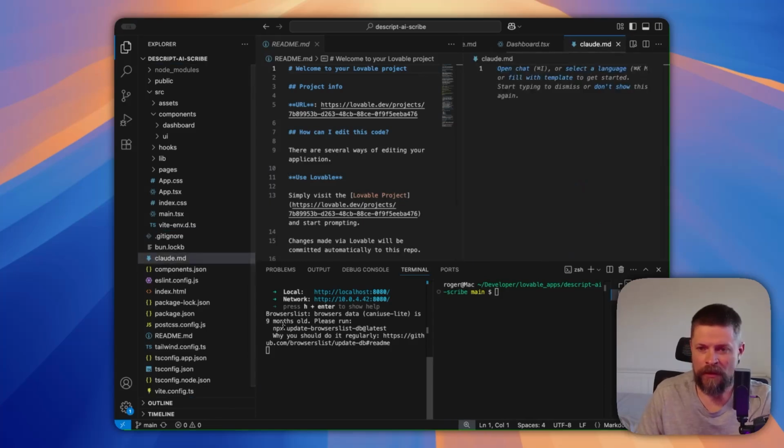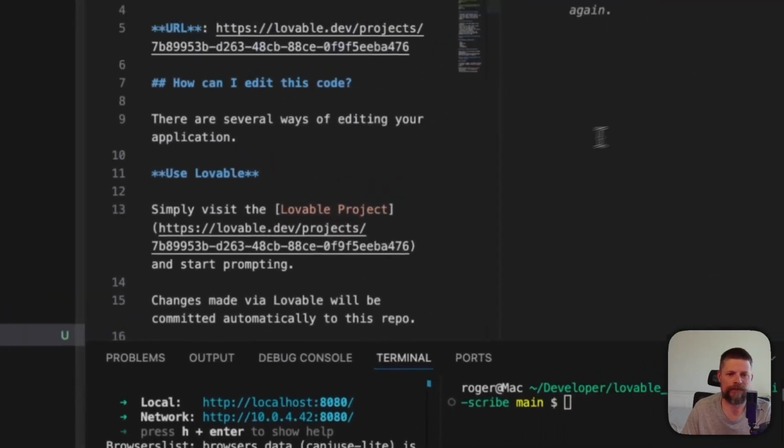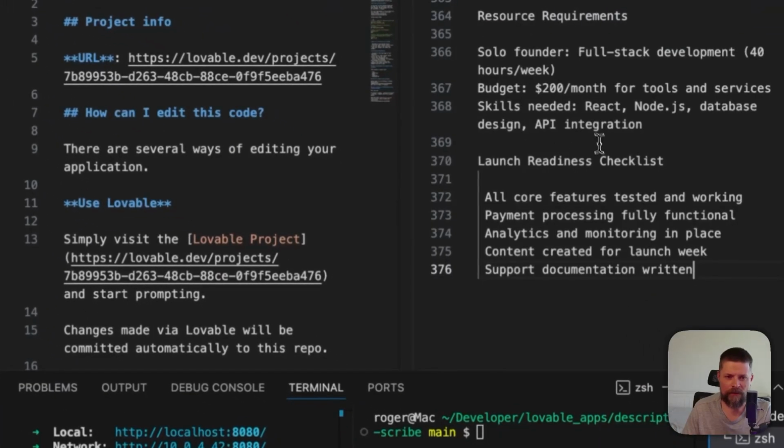claude.md. I'm going to copy the product requirements document that I previously created for this, not in this video, but it is based on a template that I have freely available. It's a prompt, actually it's more of a framework, that helps you flesh out your idea and then defines the specific detail on how to implement that. So I'll just grab my PRD, open this file, got this empty file here. I'm going to drop it in there,